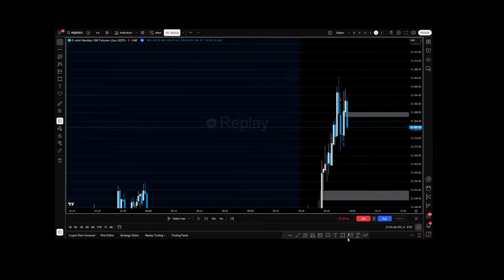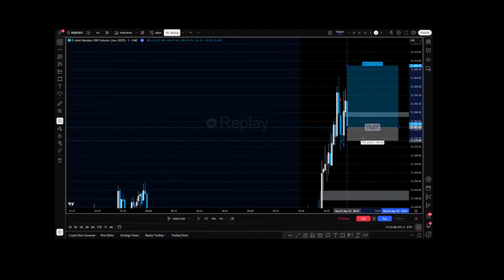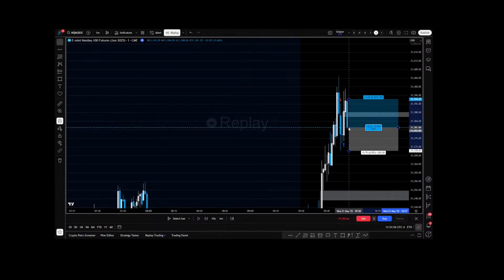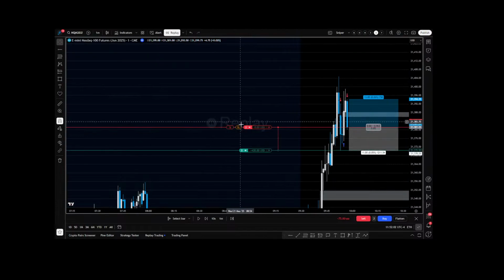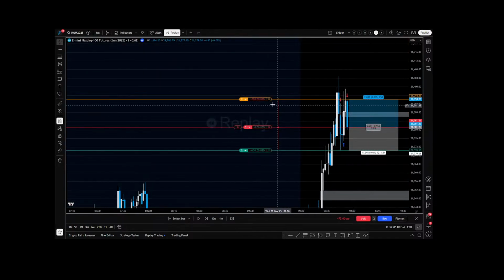Rejected these wicks here. I'll usually give a setup 2 attempts. In this case, I'm going to be targeting this low, and my stop is going to be this candle's high. Same thing. I'll enter now. TP here. If this is a stop out, then I'm done with this move. Right? I'm not going to keep trying.